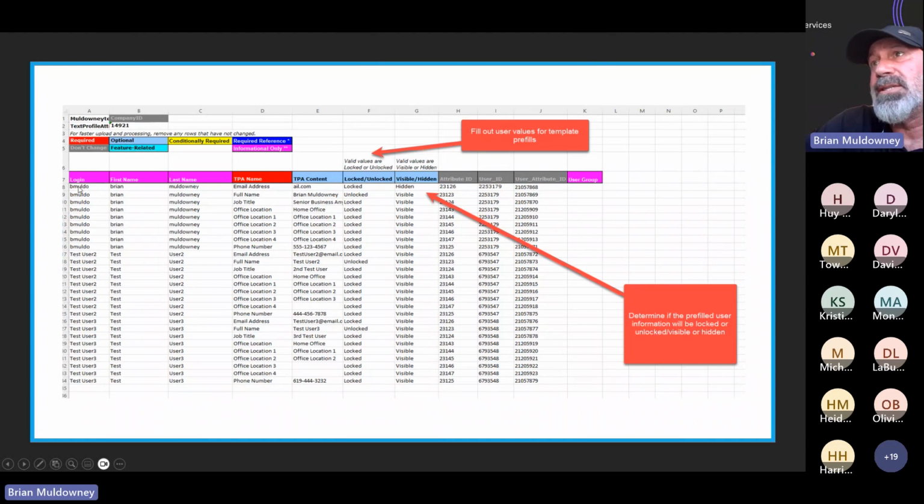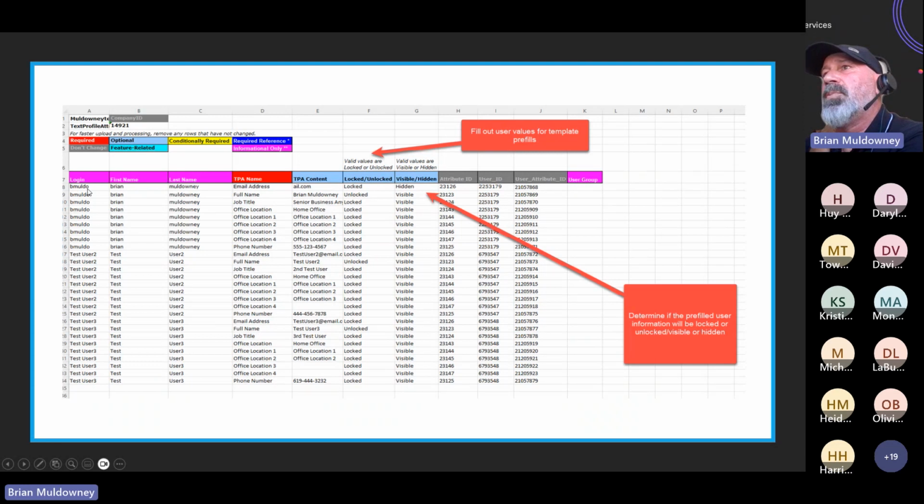As I said, you're gonna see the user's login information and all the TPAs that are available to add information to. On the sheet, what I wanted to point out here is that each of these users, I set a different office location, because that's going to be the example for our drop down. All of the other fields are just going to be single line fields. So I'm going to demonstrate that in the actual template, but I wanted to show you how on this sheet,